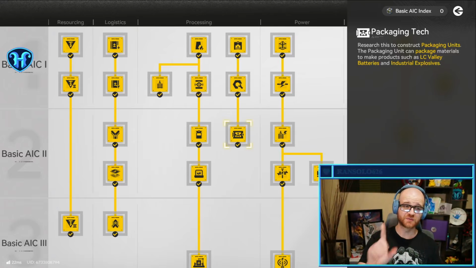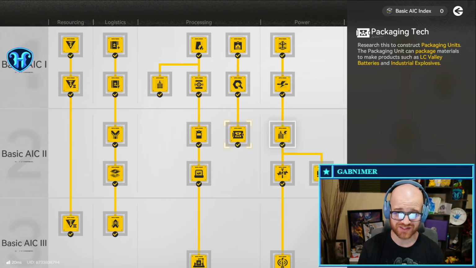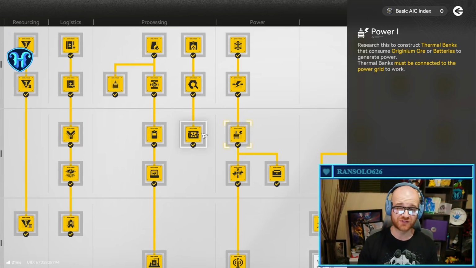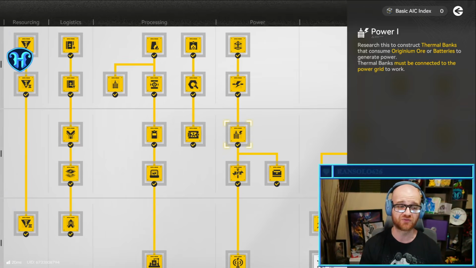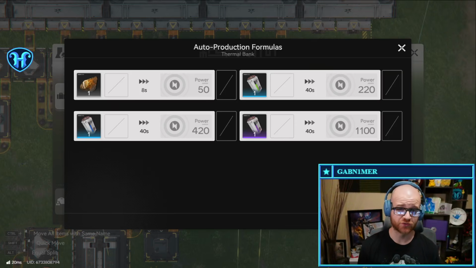Before we dive into the specifics, you're going to make sure you have basic AIC level 2 packaging tech as well as power 1 unlocked. The packaging unit from this first one is what we use to actually produce the batteries, and then power 1 gives us the thermal banks that we're going to be feeding them into in order to generate energy for everything going on. Thermal banks are the places we're going to be getting our extra power production from, and there are